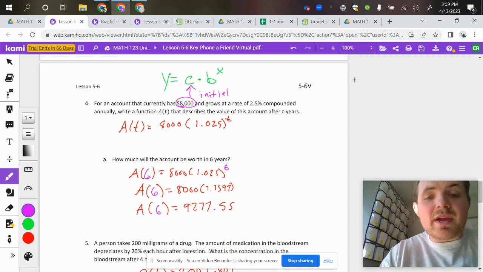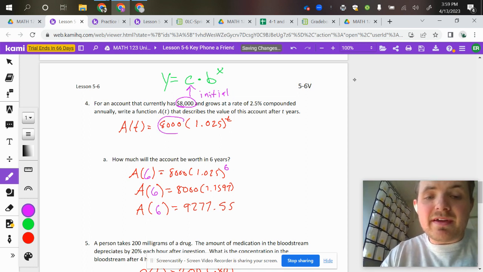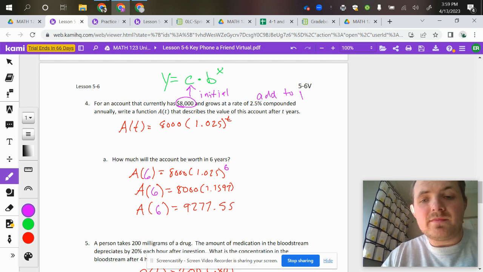So that's what's going to go in for the C value. We're going to have 8,000 out front. And then if it's growing at a rate of 0.25%, I have to add that to 1. So 0.25% is 0.025 as a decimal, and I have to add that with 1